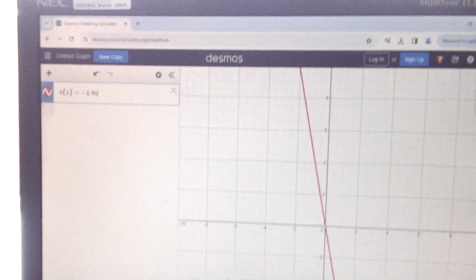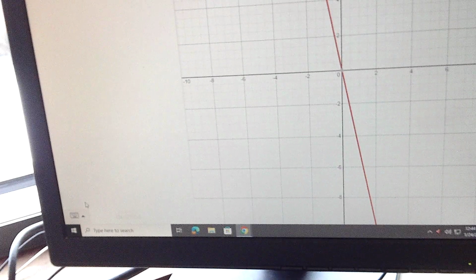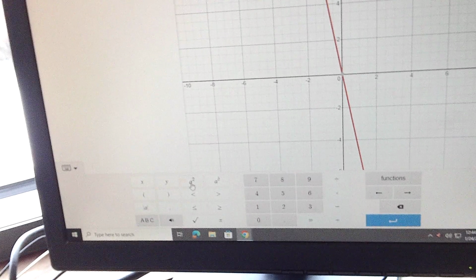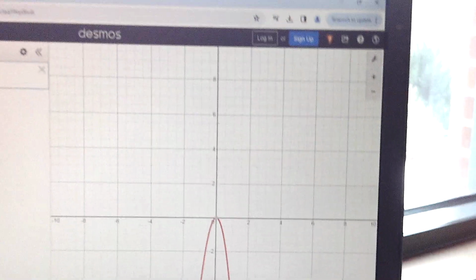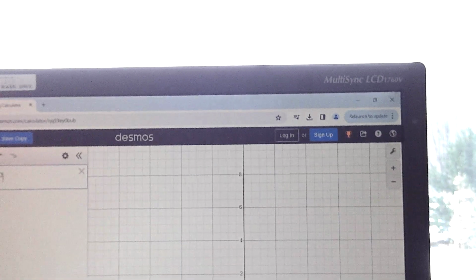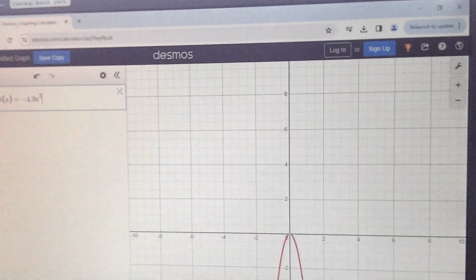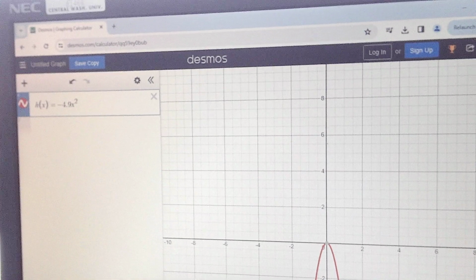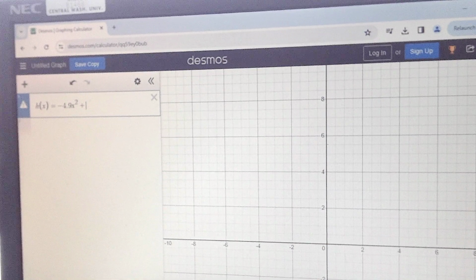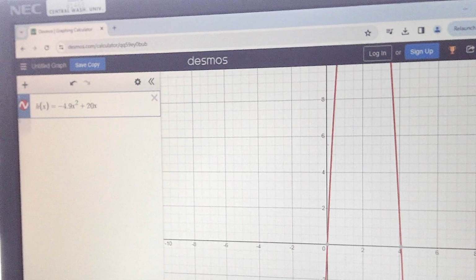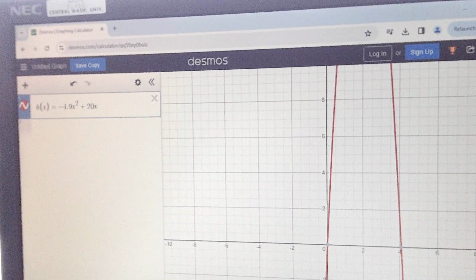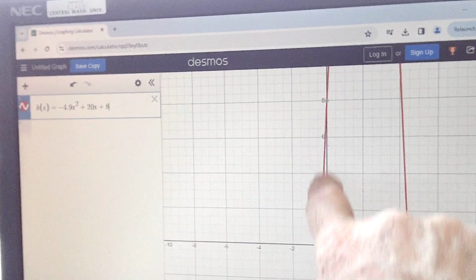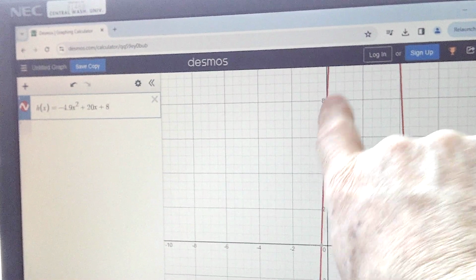I can't see that on the screen. Down on the corner down here there's a little keyboard thing. If I click on it, it gives me the square, so I click there. And there's that upside down parabola. And then we have to go plus 20x, so that moved it, and then plus 8, and now you can see it starts going up at 8, and